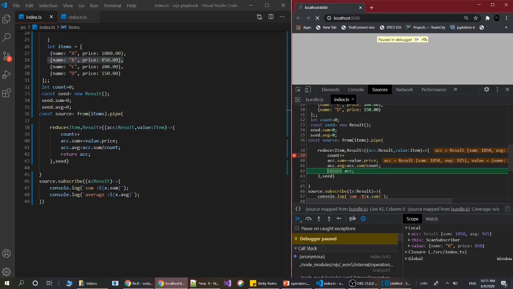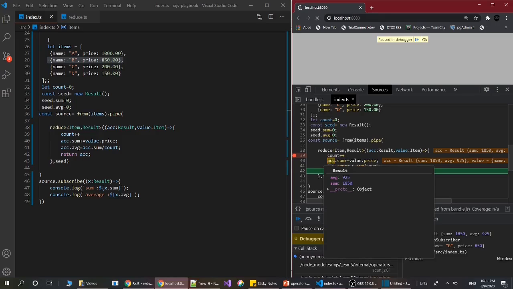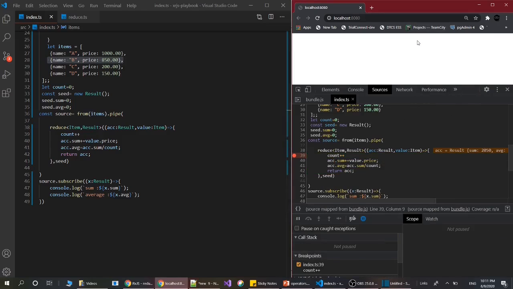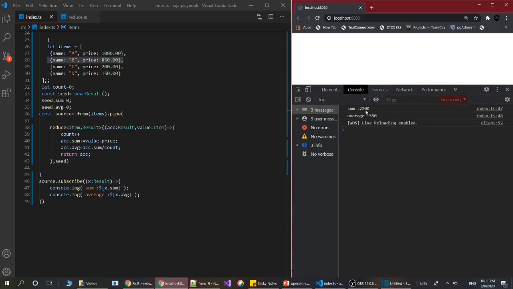In this way all objects come into the accumulator, this logic is calculated, and the result accumulator holds the previous values. After completion we can see on the console that the sum value is 2200 and the average is 550.